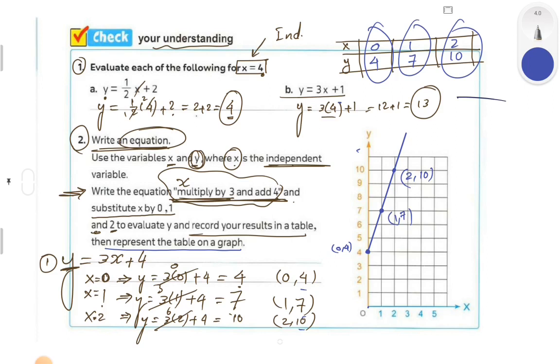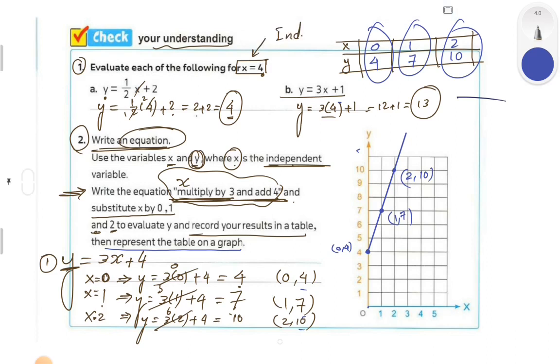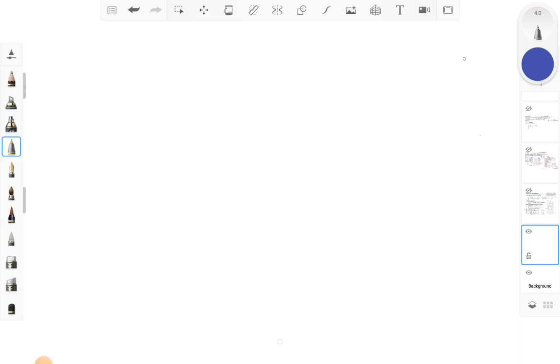Now we reach the end of our lesson, the explanation part. Our next part will be the exercise, an exercise on lessons 3 and 4